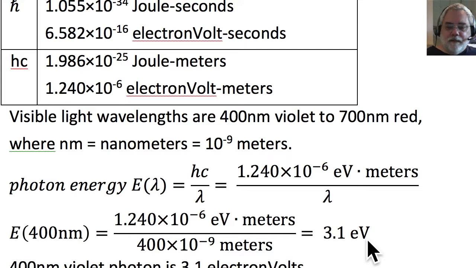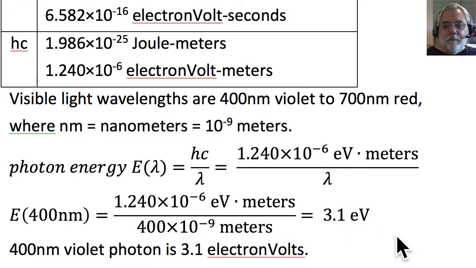Well, okay, I mean, we don't really have a strong feeling for electron volts yet, but I said that an electron picks up 12 electron volts in going through the battery. And here we know the color violet. And here I'm saying that the amount of energy in one photon of violet is 3.1 electron volts.